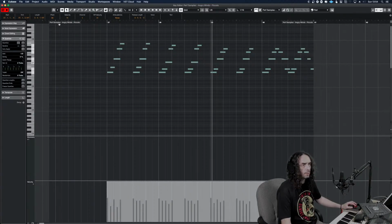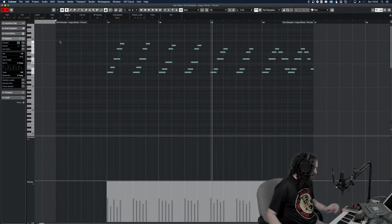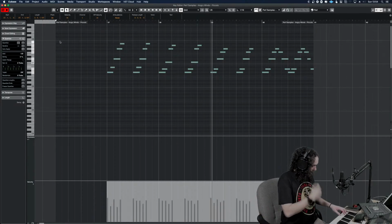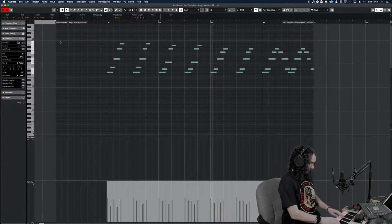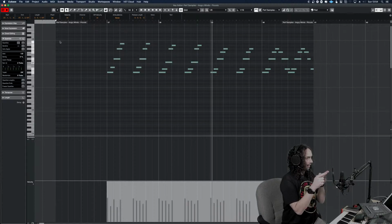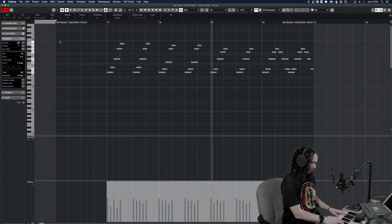The thing is with Angry Woodwinds Pro, right? There isn't a legato in this library, so it sounds really fluid, providing you play it right. As soon as you hold it, it's a sustain, isn't it? So if you just copy data like I have done there, the note lengths, A, don't cut off because it's not a legato, and B, it just starts sounding really soupy. So really, you want to play everything back in again properly, which is...